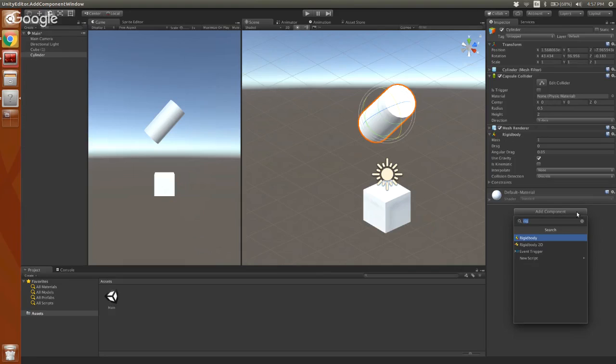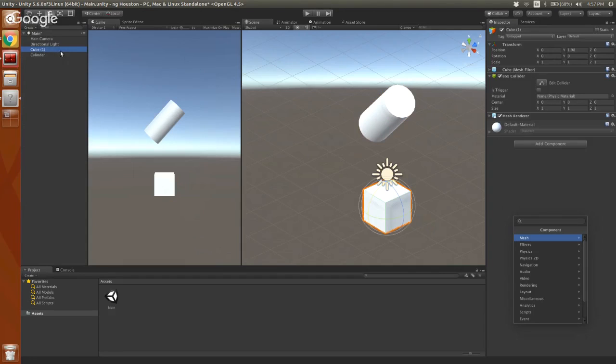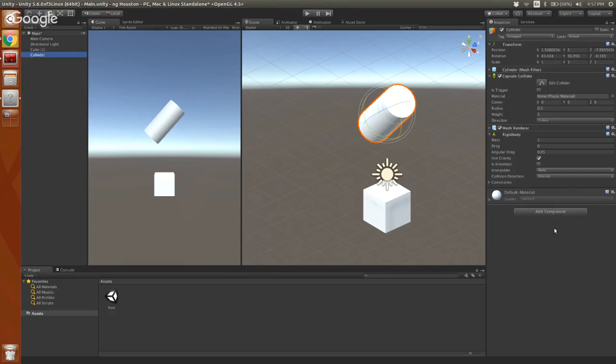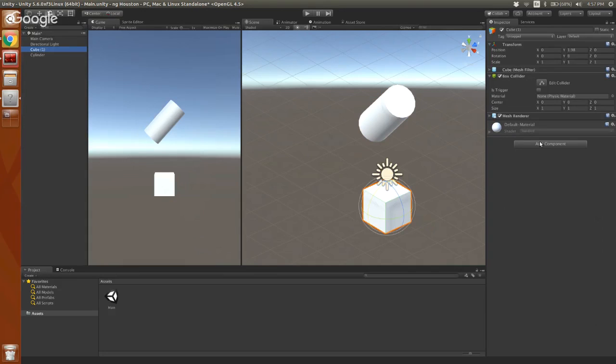So anytime I go to add a component, if I say I'm going to add a rigid body or add a collider, it's all by clicking on the object I want to interact with, and assuming that menu actually goes away, clicking on the object, hitting this add component. And then in here, you can click through these and pick whichever one you want. There's a ton of different things in here. But I knew I wanted rigid body, so I typed "rigid." And we have the two options, rigid body for 3D physics and rigid body 2D for 2D physics. So I just hit that and added that. That was a good call. That's something you do so often. You add so many rigid bodies to so many things in the world of Unity that it's very, very quick to do.